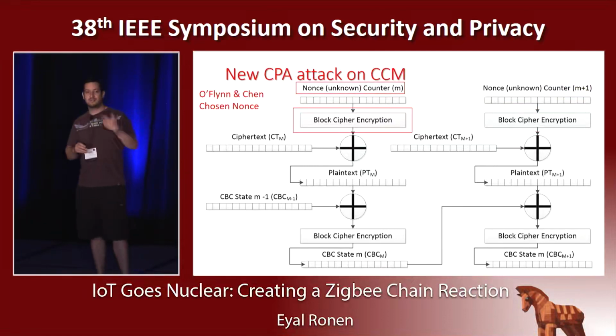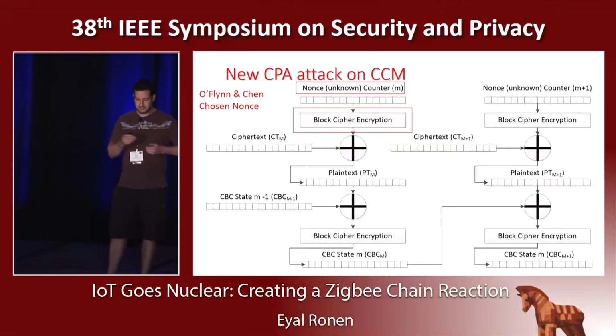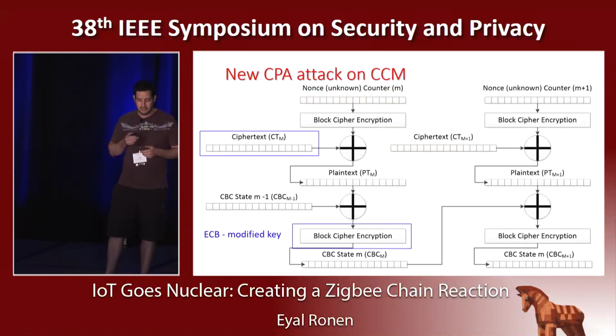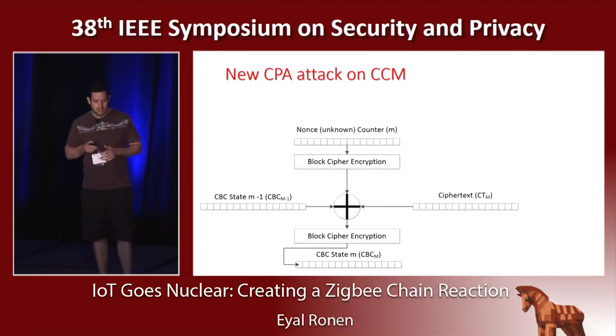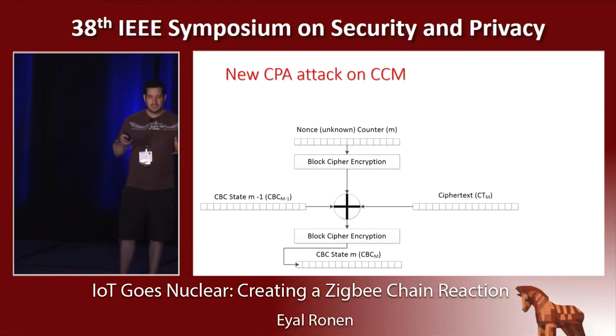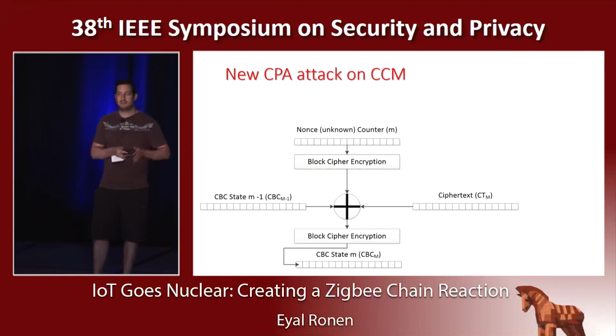used a chosen nonce attack, an attack against the stream cipher, but we didn't even know what the nonce is. So our main observation was that instead of trying to attack this stream cipher, which is very hard, we'll try to attack the verification part instead. And if we look only in this CBC-MAC verification phase, then we can see that the input to the block cipher is a XOR of 3 values. The first value is the CBC state from the previous block, the stream cipher generated for this specific block, and